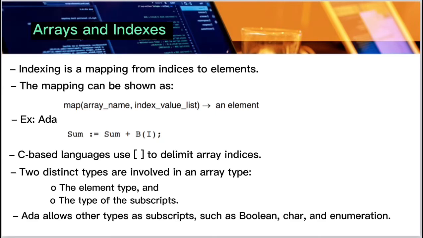Indexing is a mapping from indices to elements. The mapping can be shown as map(array_name, index_value_list) → an element. Example, Ada assignment statement: sum := sum + B(I);